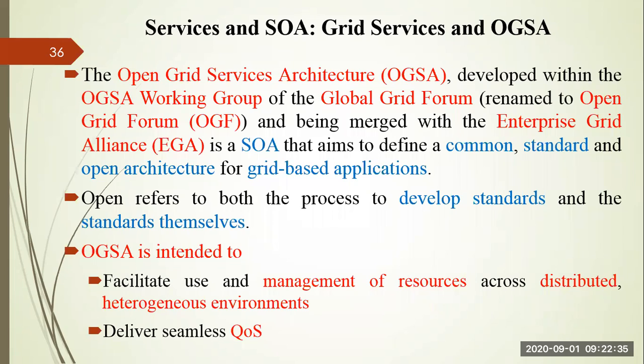So this is what OGSA can do: it can manage the resources you have deployed all over the world, right? These geographically distributed resources can be monitored with the help of this Open Grid Services Architecture. And it can provide seamless quality of services. So whatever quality of services is required by the user will be fulfilled by the provider by using OGSA. There is no problem with providing the quality of services. People are using OGSA because it provides seamless quality of services, right? The quality of services is not compromised at any cost.